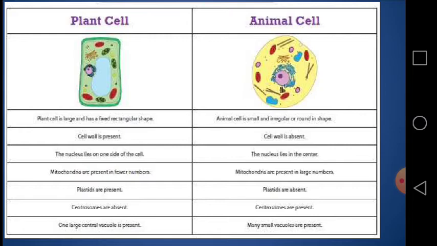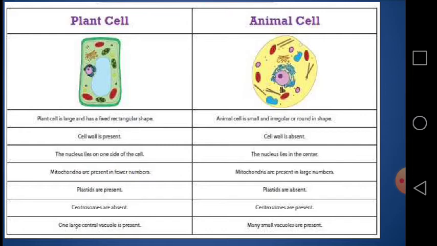Plant cells have a cell wall, while animal cells lack the cell wall. The nucleus lies on one side of the cell because of the big vacuole, as I discussed with you earlier, while the animal cells have the